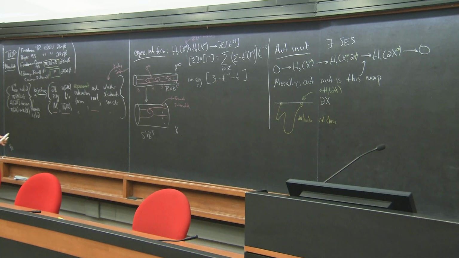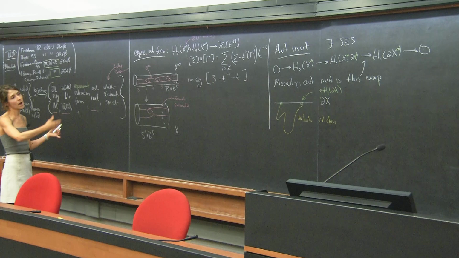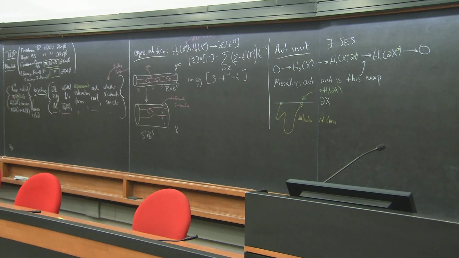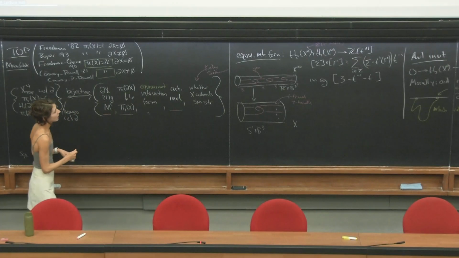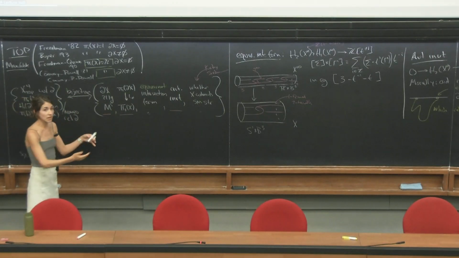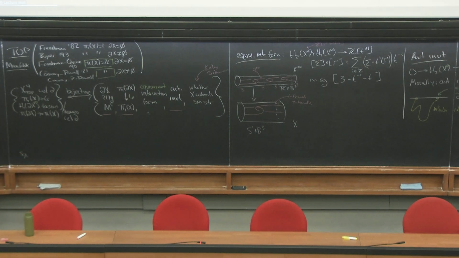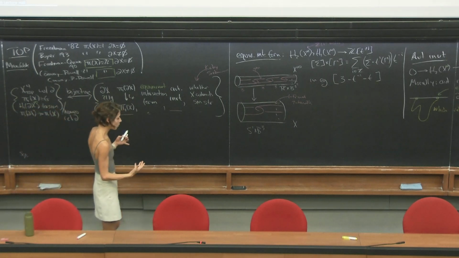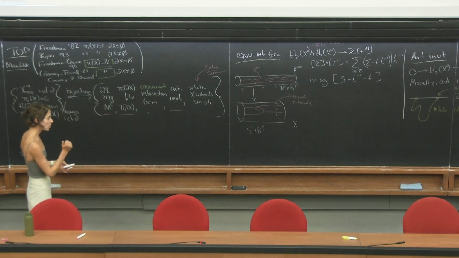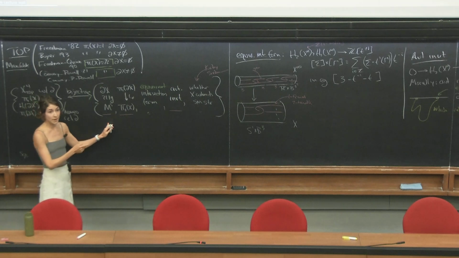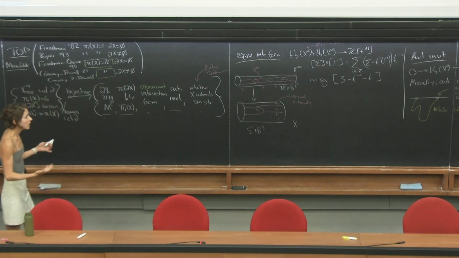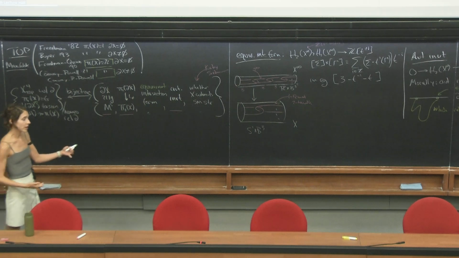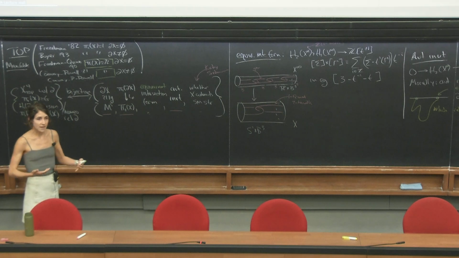Let me try to say something about why you should expect to need to record something like this. If you think about trying to prove the surjectivity result here, somebody's going to give you some data, and you're going to need to build them a 4-manifold with boundary and pi1 Z. As you can imagine, you have to have pi1 Z. They're going to tell you what you want the boundary manifold to be. But we know that there's a relationship between pi1 of the boundary manifold and pi1 of the filling. So you have to ask them, don't just tell me the boundary, tell me what that relationship should be.